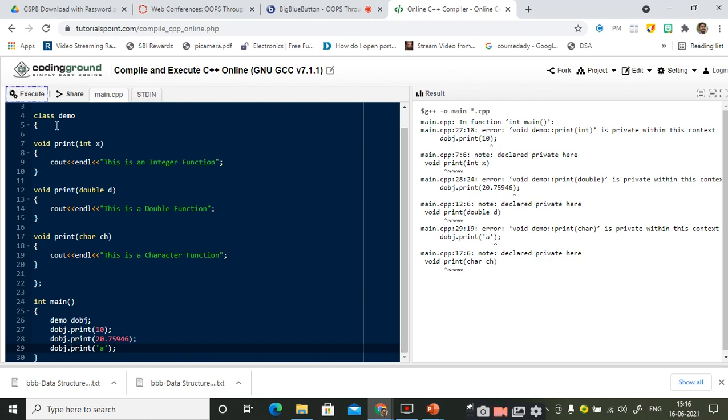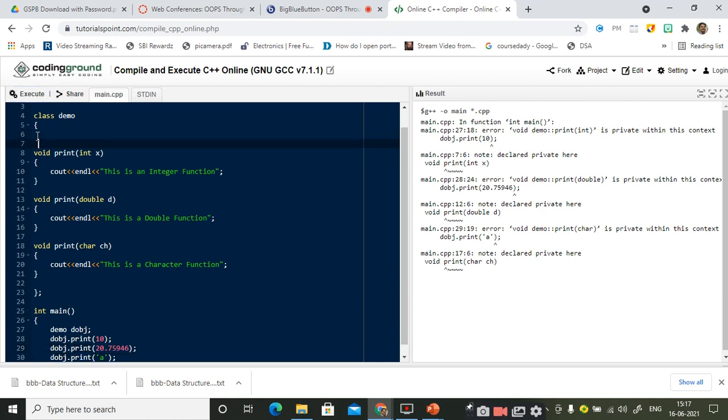So in order to avoid such problems, as I told you, all the data members should, by convention, it is not a rule, right, be kept under private scope, whereas the member functions should be kept under the public scope. So I make these functions public by making use of the public keyword. That's it. Now will it execute or will it raise an error?